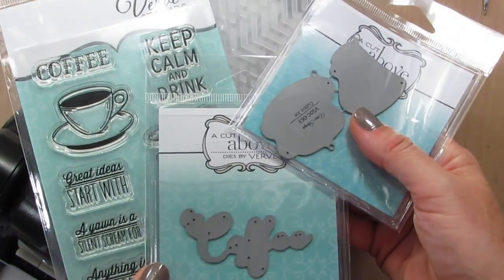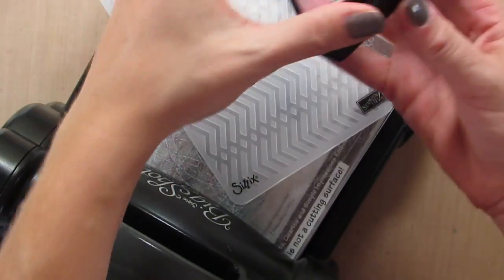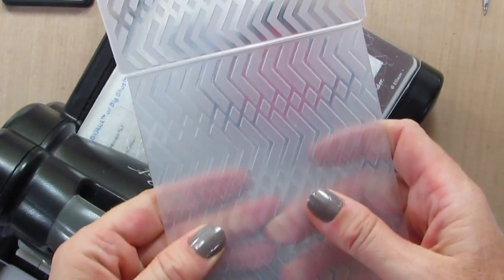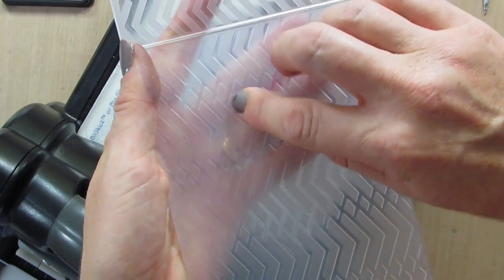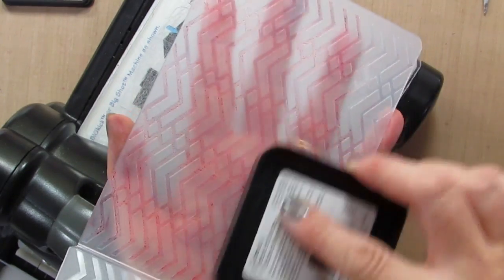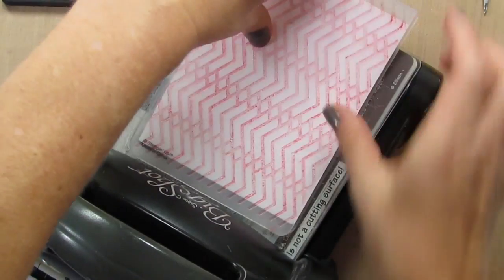I'm going to use these fun coffee stamps and dies from Verve, but first I want to make a technique piece. So I'm going to take a distress ink pad and an embossing folder, and I'm going for the side that's basically flat. So this side has the indentations in it, and I'm going to take my ink pad and ink up the embossing folder. So it's kind of like I'm using the embossing folder as a stamp, and it's going to give me a letterpress look. I'll just take my cardstock and lay it inside, close the embossing folder, and then run it through